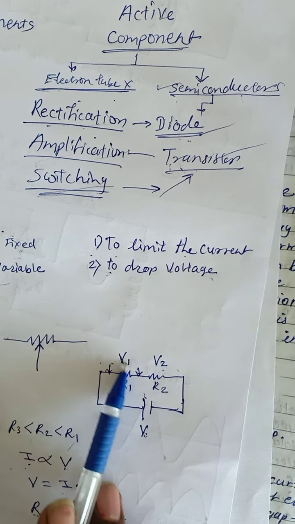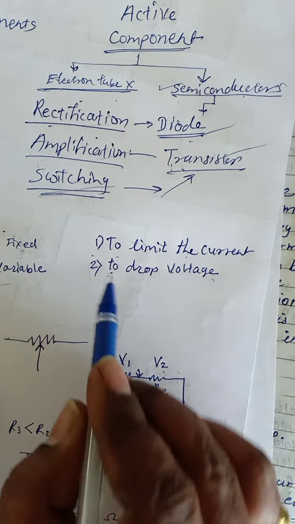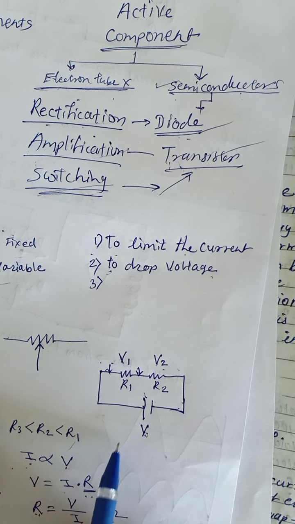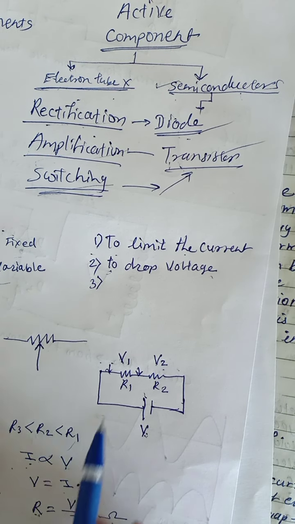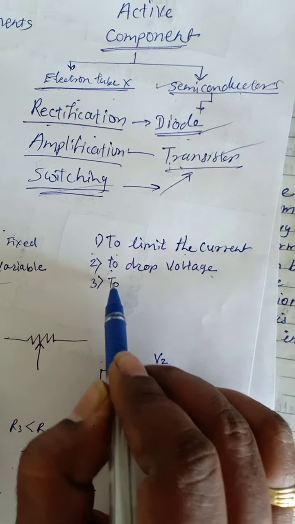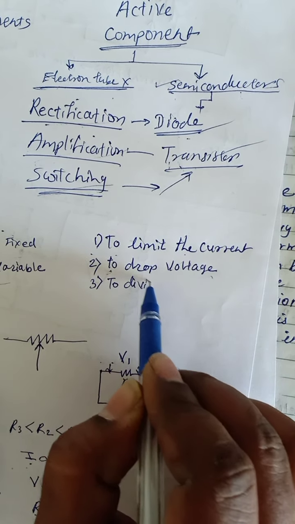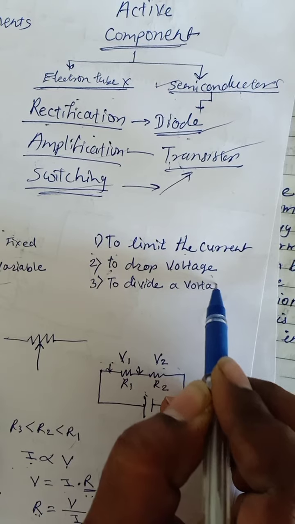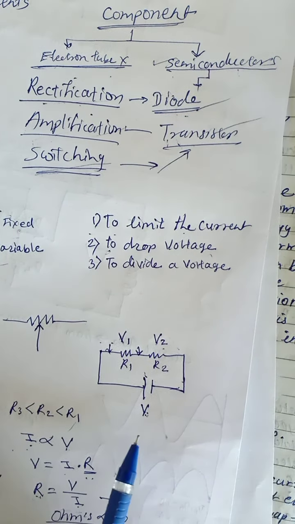So this voltage is dropped across R1, this voltage is dropped across R2. Third one is to divide a voltage. To divide a voltage. So similarly here this voltage